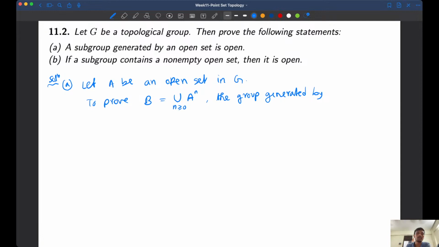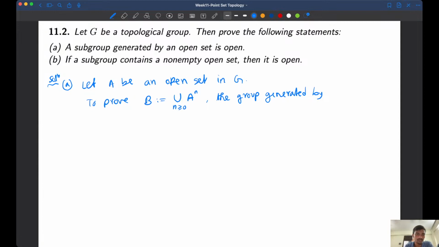Okay, so I'm basically defining my B to be this union of all those A power n, and I'm saying that this is the set generated by this A. Now this will actually form a subgroup also. So why? If you pick any two elements from here, then if you multiply them,